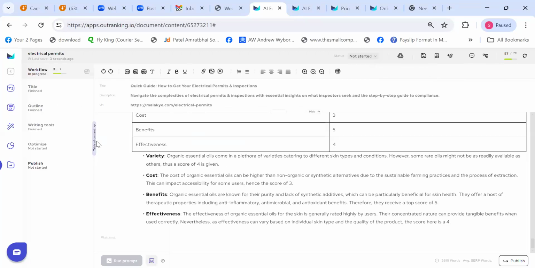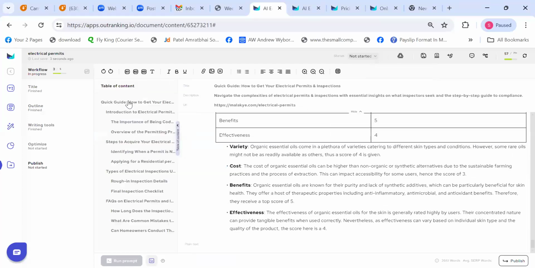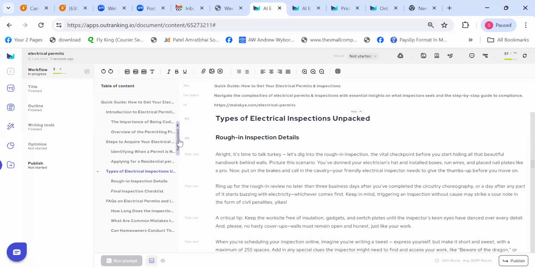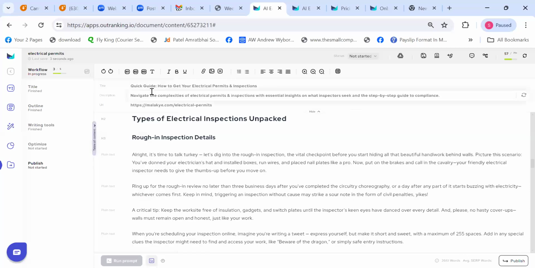Any questions? Also, there is a small table of contents here, like a lot of people miss it out. So you can click here and you can see all the headings together and just click wherever you want to go directly and it will take you there, right? So this is something someone might miss, so I'm just showing you again.